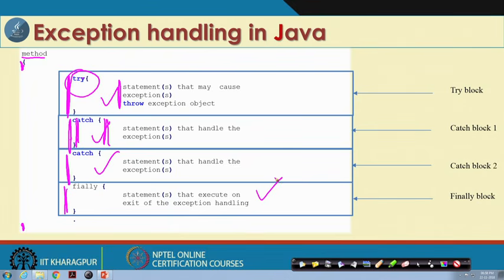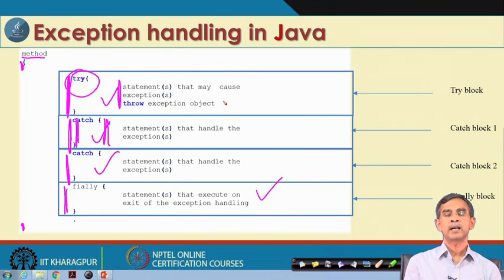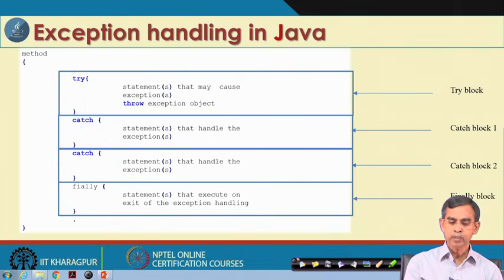In other sense it is also called throws. So, throw can be put anywhere. That means, if you have to explicitly throw an exception, as I told you, implicitly means the Java runtime, whenever Java runtime finds an error, it will throw an exception, but sometimes the programmer can explicitly throw an exception. So, this can be achieved by means of the throw keyword.